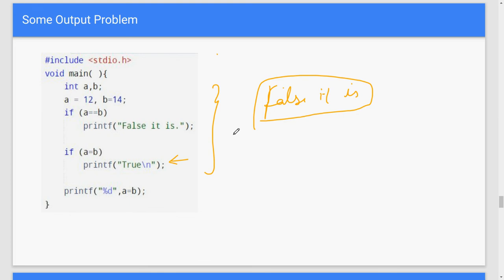Yeah, definitely. In C programming, double equal to is called the comparison operator, and single equal to is called the assignment operator. The way the assignment operator and comparison operator work is actually different. A lot of times when you write a program, you want to compare two statements or maybe two variables, and by mistake you write a single equal to, and